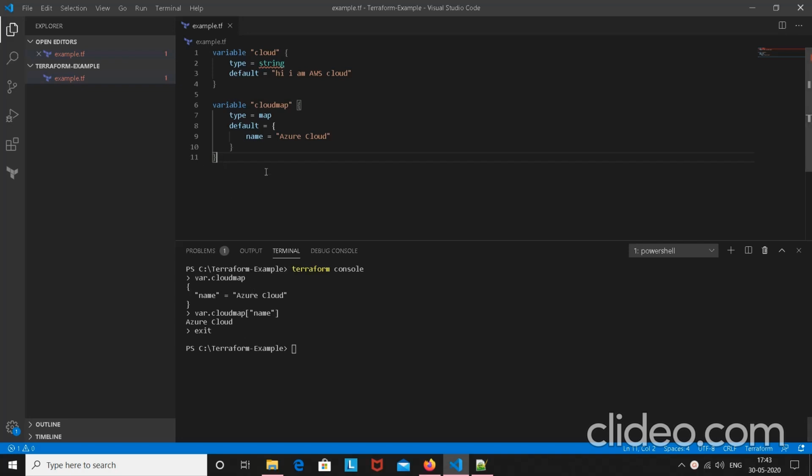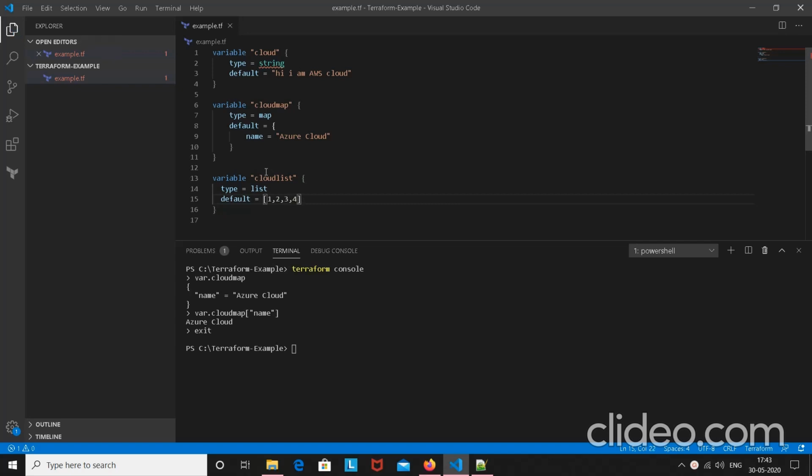The third example which we are going to discuss is a variable of type list, or list variable. Similarly, let's say I'll give the name as cloud list. As usual, the type will be list, and for the default value I am going to give some numbers, 1 2 3 4.